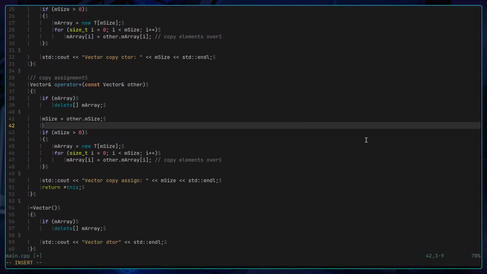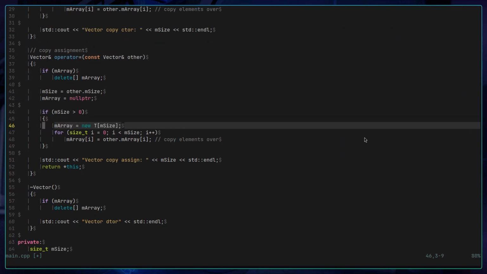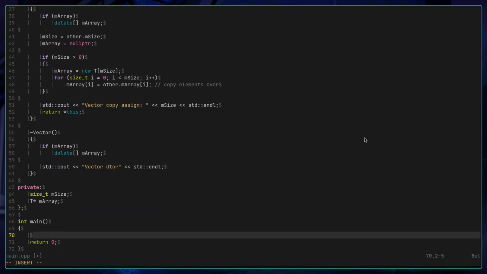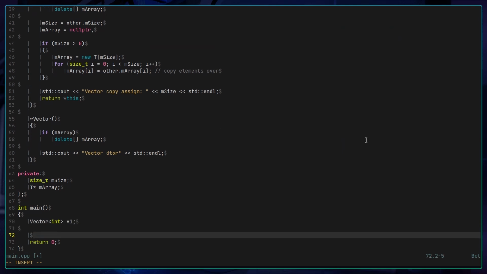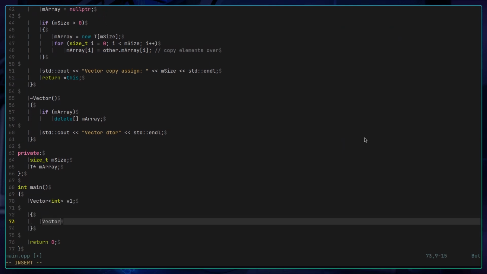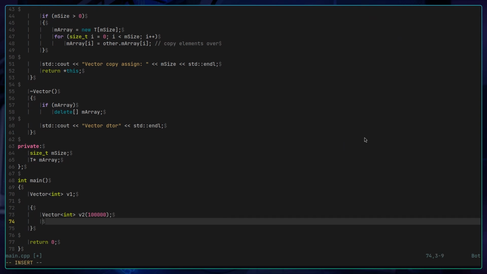Now we can finally move on to an example scenario where we can benefit from move semantics. In the main function, let's define 2 vectors of integers v1 and v2. v1 is default constructed and v2 is constructed with a specified size. v2 goes out of scope earlier than v1, and before we destruct v2, we copy assign the contents of v2